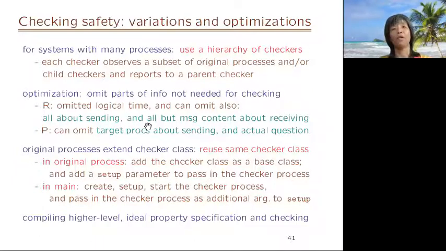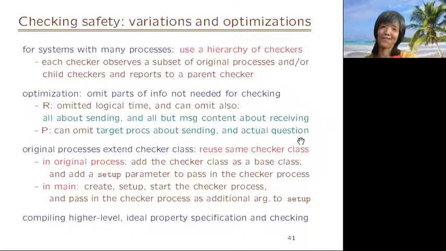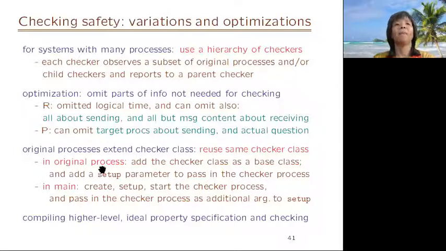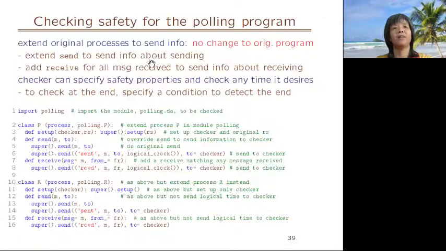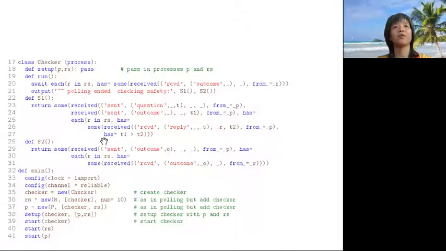And you can omit all but the message content about the receiving. Okay, and for polar, you can omit the target process about sending and the actual question. It's never used, we just have a random reply. Okay, and so we discussed how to let the checker process extend the original